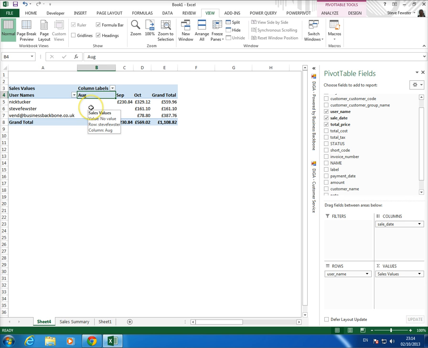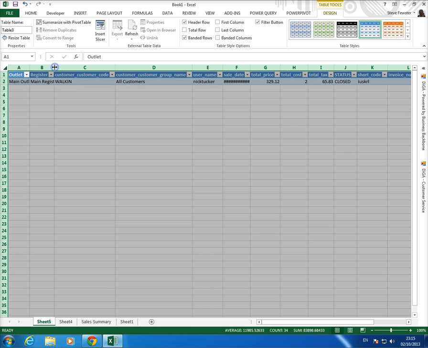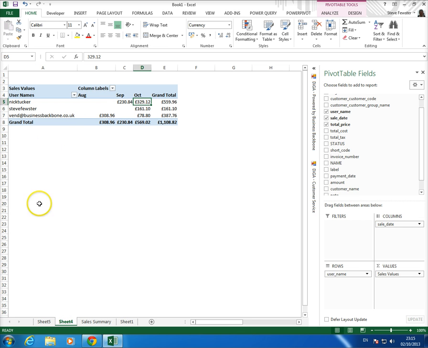Great thing from within Excel's point of view as well is that I can also start to drill into this as well. So if I double click on October for Nick Tucker, it will actually show me each of the individual sales that have made up that number, and I can see the detail. If I flick back to my pivot table here,